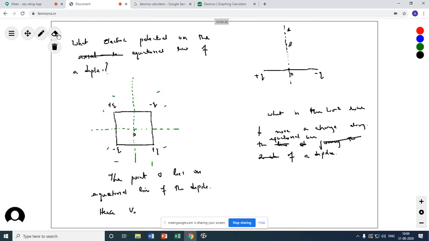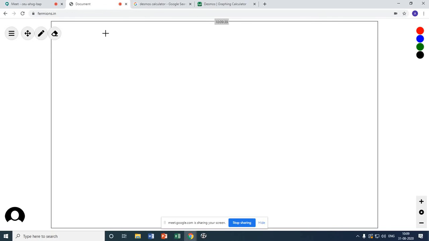Now I'm giving you one homework, please try it, and you must do this. If I have been able to teach you properly and you have understood the concept, you will do it smoothly, but if you have doubt, you won't be able to solve it. So I'm leaving this for you to do. Find the potential, that means the electric potential, on the axial line of a quadrupole.